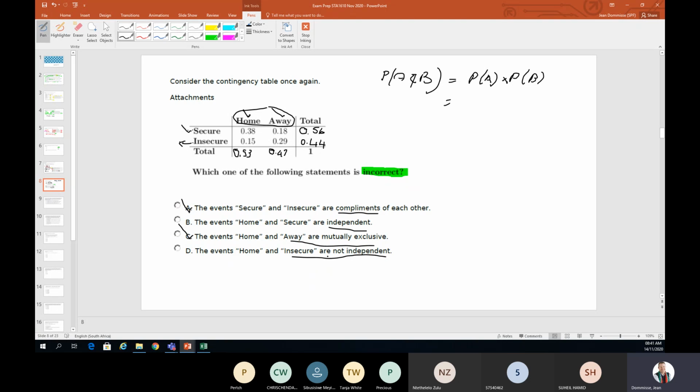So what's the probability we're looking for here? Home and secure. So the probability of home is 0.53. The probability of secure is 0.56. So if I multiply that out and it gives me the 0.36, then I know that those two are